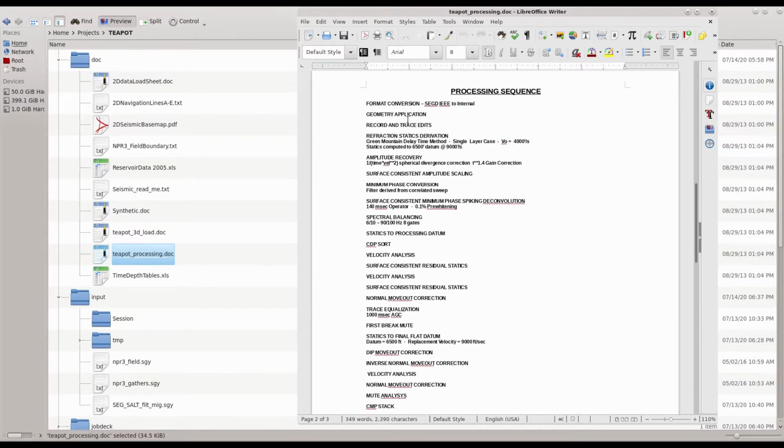The processing history: geometry application, record and trace edit, refraction statics, amplitude recovery, surface consistent amplitude scaling, minimum phase conversion, spectral balance, statics, CDP sort, velocity analysis, surface consistent residual statics, second iteration velocity analysis, second iteration surface consistent residual statics, NMO, trace equalization,